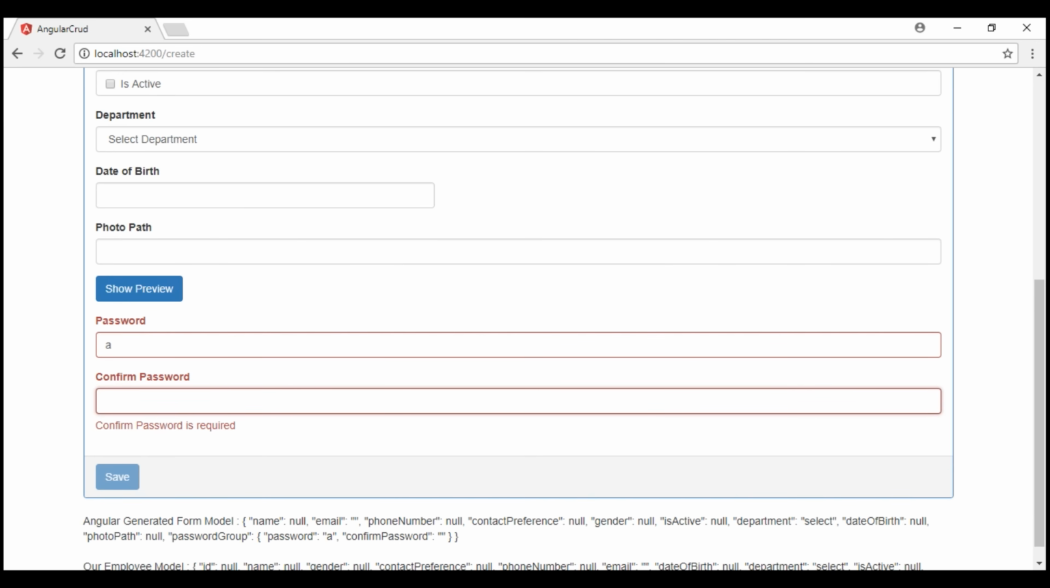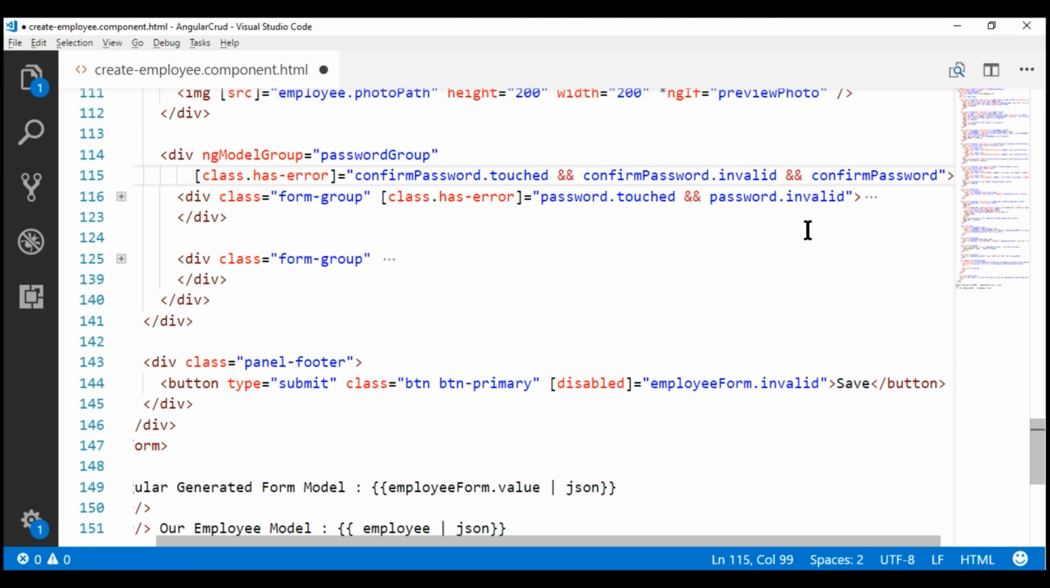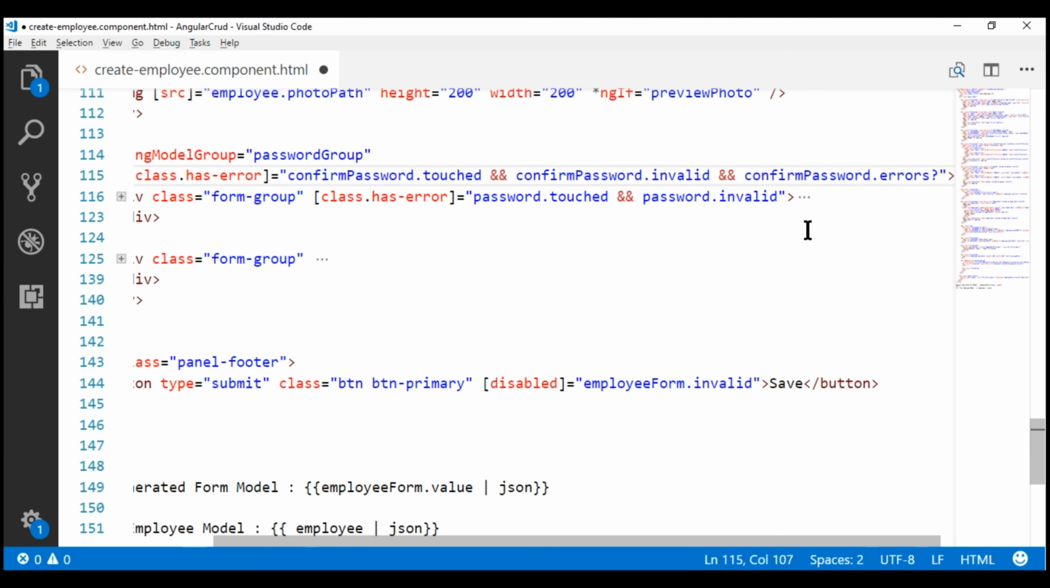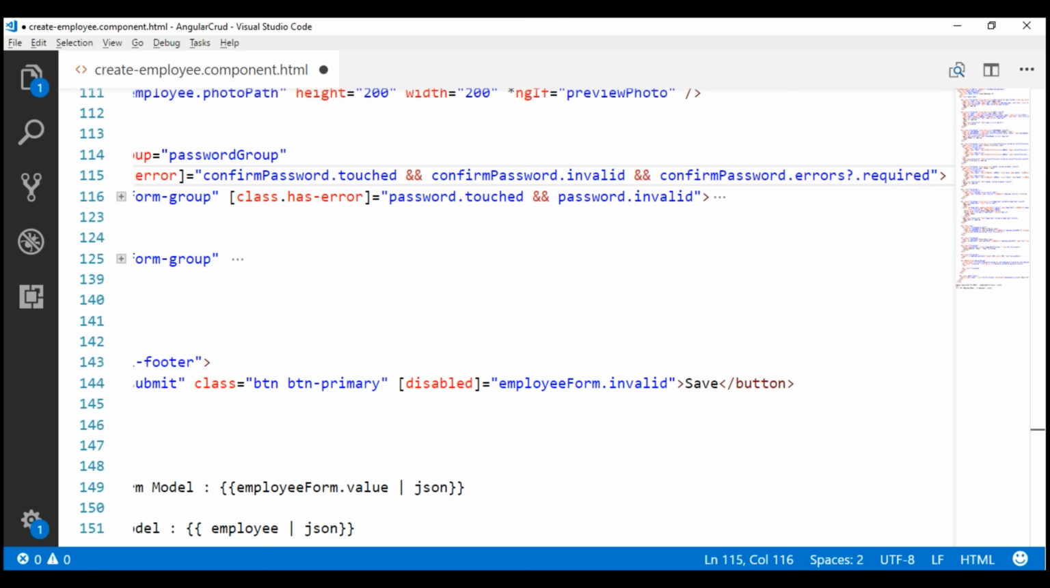So I'm going to include an additional check here. Apply this has-error class when the confirm password field is touched and when it is invalid, and when the confirm password field errors collection does not have this required key. We want to check for negation, so let's apply the not